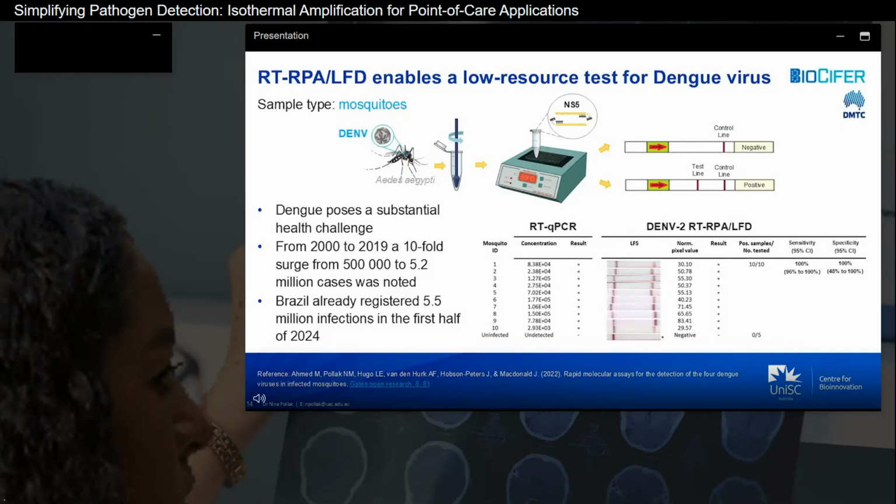Dengue virus 1 and 2 also achieved 100% sensitivity, while dengue virus 4 demonstrated 92% sensitivity, accurately detecting 11 out of 12 mosquitoes. These rapid dengue tests represent a significant advancement for low-resource settings, offering an effective tool for monitoring dengue virus in